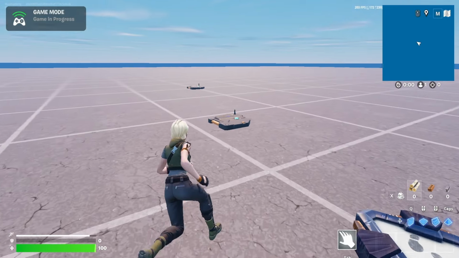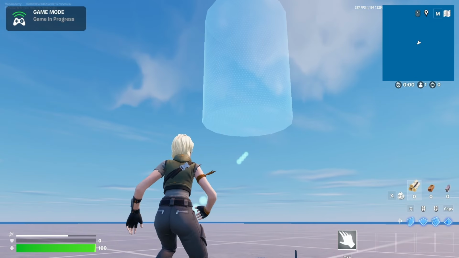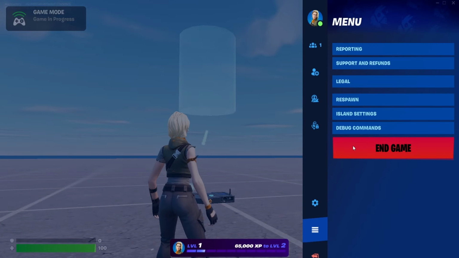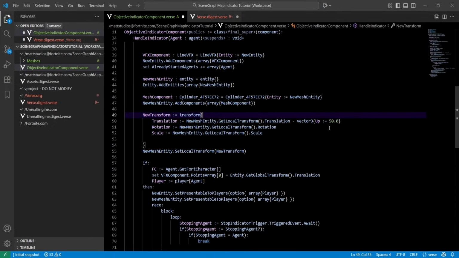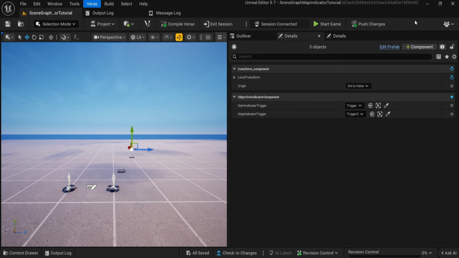So now if I start the game and go and click our trigger, you can see maybe it actually moved up a bit instead. So let's try messing with that value a bit. So instead of subtracting 50, we're going to add 50. Oh, it's because we're subtracting the negative. So yeah, this should be 50, or you could just change this to a plus. Either is fine. And maybe actually increase it by a little more. We'll go for like 100 or maybe 75. Looks about right. And the reason we had to do this instead of just simply moving this down is because